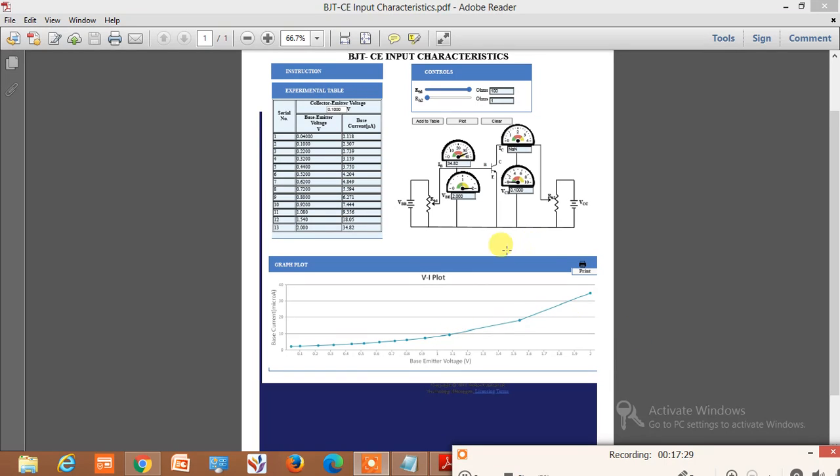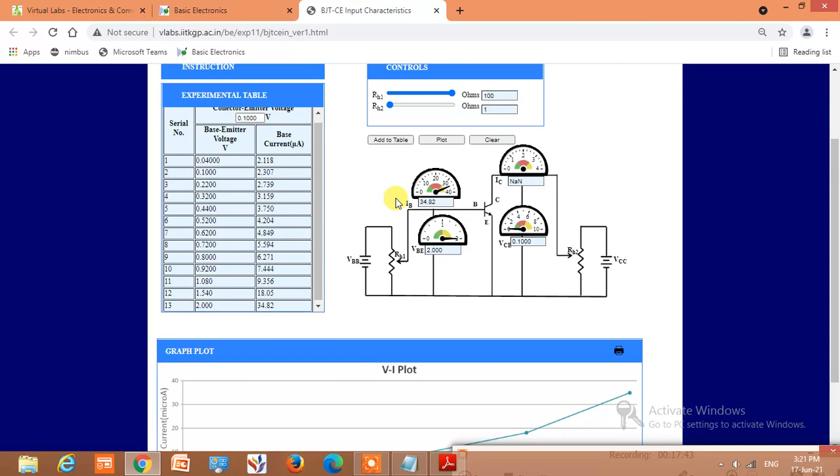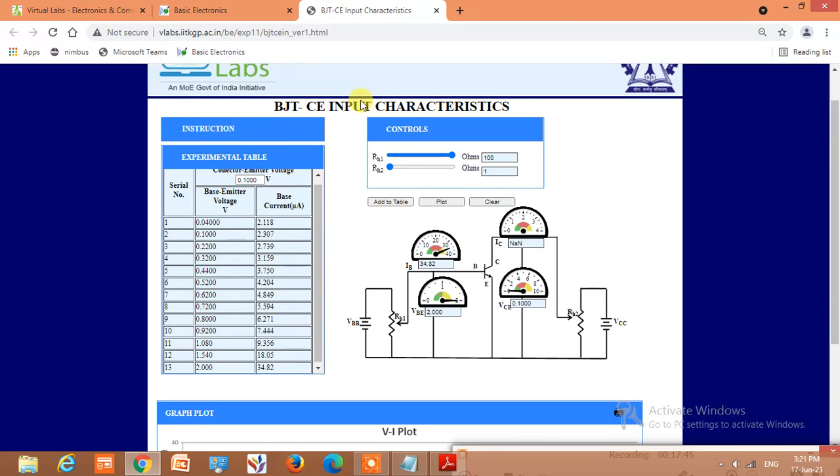Now let us change the value of VCE and let us observe certain changes. So we will change the value of VCE. I am again on the same page, BJT common emitter input characteristics.